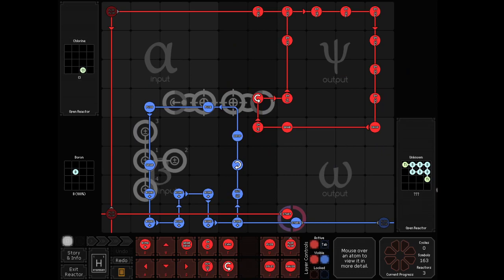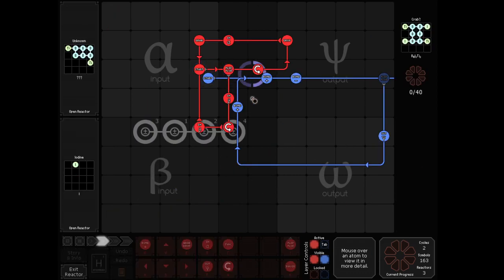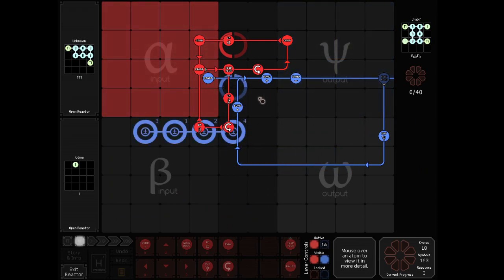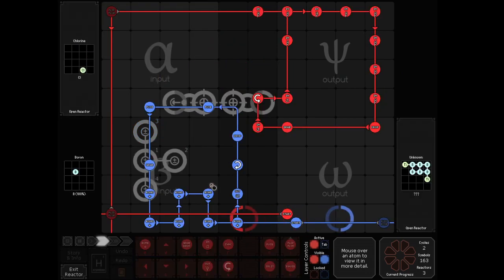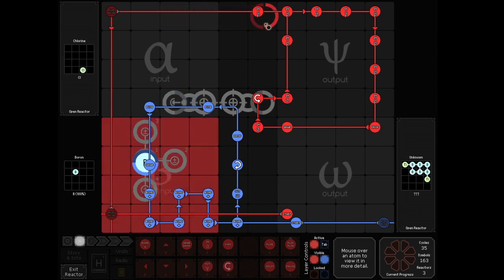Oh, sorry, yeah, this is the boron constructing reactor, that's why I'm confused. Yeah, this is the 12 cycle loop, and then this one's just going to be waiting on the inputs. And it will be 4, 4, 16, 17, that sounds better. 17 cycle loop. Alright, so here we go, let's look at what we're doing in this reactor. So red is going to be timing because we didn't want to use sinks. Red's going to time carefully to match blue. Blue's also timing. So I guess, yeah, they're just delaying until the first reactor, first input comes, which takes a while because of the